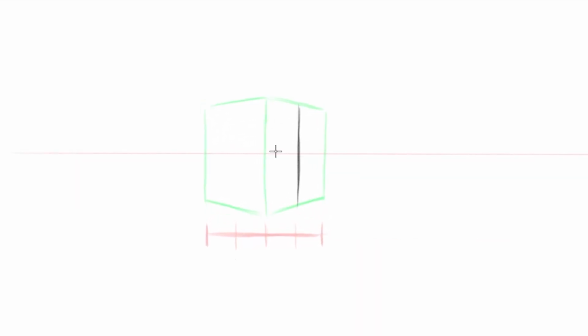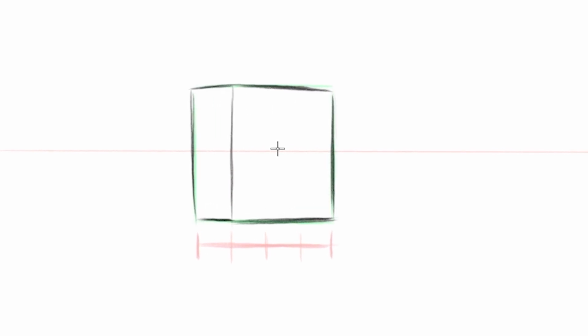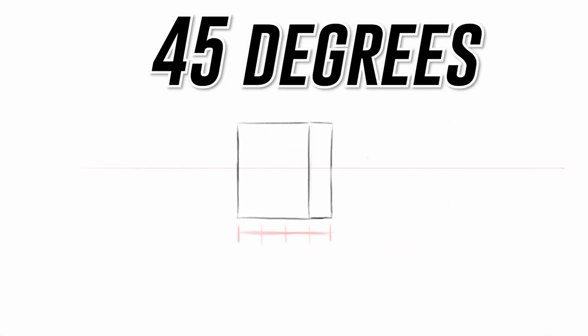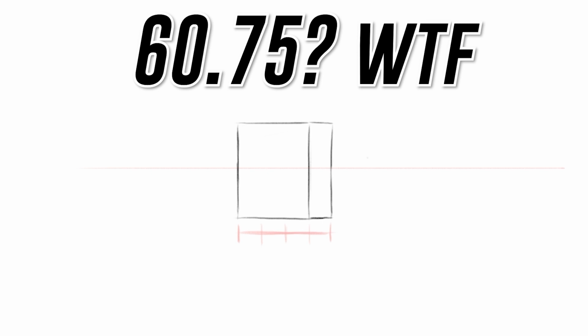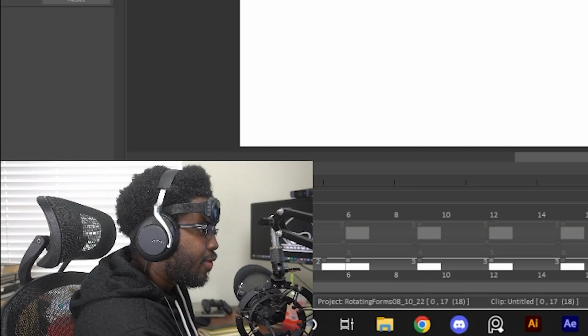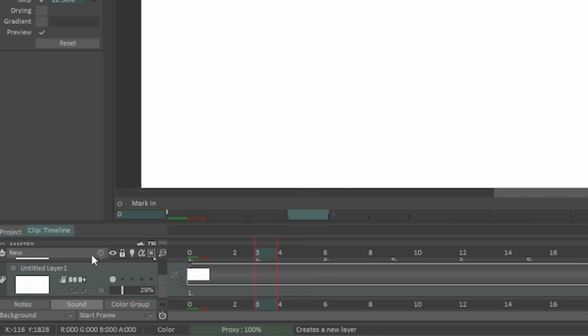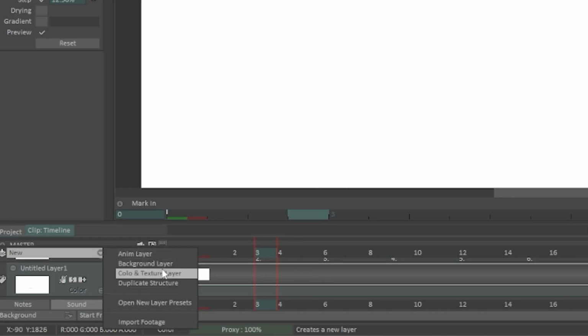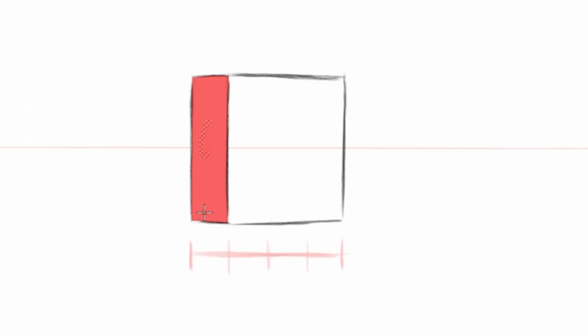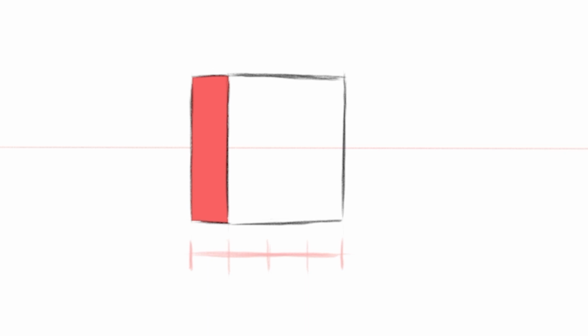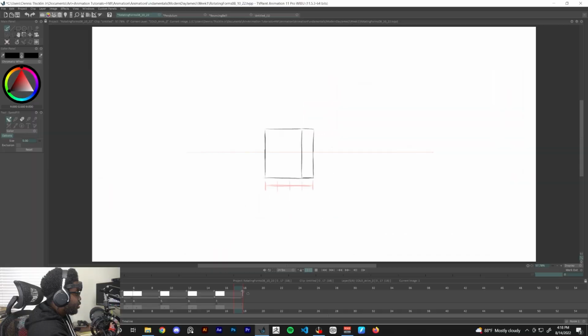And I didn't include any inks for this. It's only roughs. I basically animate this cube at 0 degrees, 22.5 degrees, 45 degrees, 60.75, 67.5, then 90 degrees. And lastly, I added a CTG layer just to color in one side, just to drive home the point that this thing was actually rotating, because if we actually turn this color off, we hit play here, this animation's looking